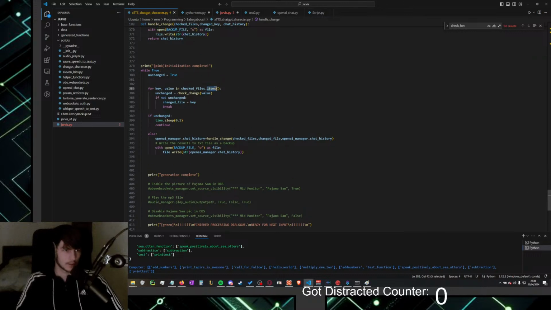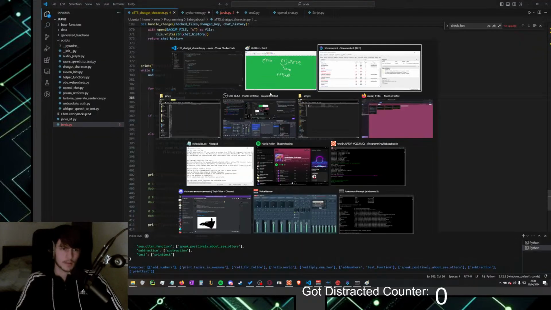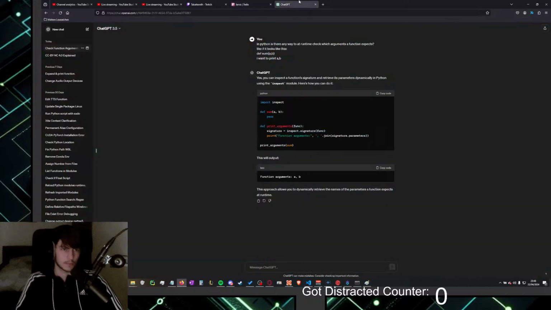In dot items, key value. That's not what I mean. How do I iterate?